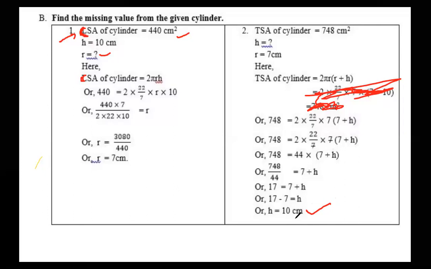Okay, did you get the answer? Yes, sir. Any problem? No, sir. Okay, so from volume also let us find out how to find out the missing value, and after that the time is almost over, so we got 7 minutes left now. After that it will be auto cut by Zoom.